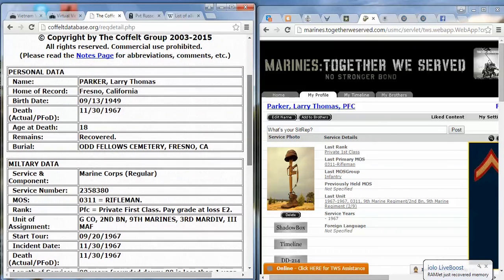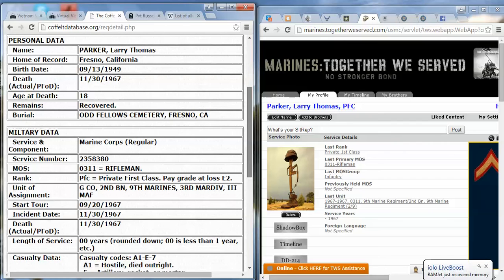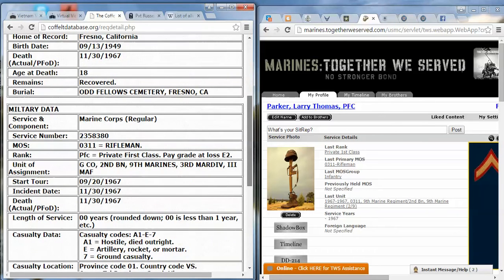Recovered. Start of tour date was 9/20/67. So he was not in very long. Let's see if it has how long he was in. It does not.